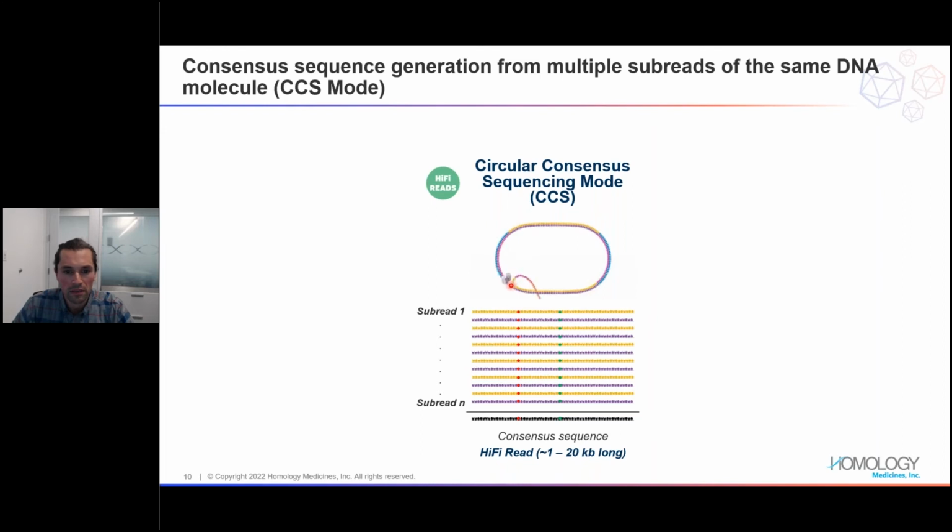And so you can see the polymerase displacing that newly synthesized strand, and it just goes around and around and around, creating what's called circular consensus sequencing. And so this gives us the confidence to know that what we're seeing is real. With these multiple passes, it doesn't really matter if you have one or two mutations, because overall you get this consensus that is built on many turns of the polymerase.